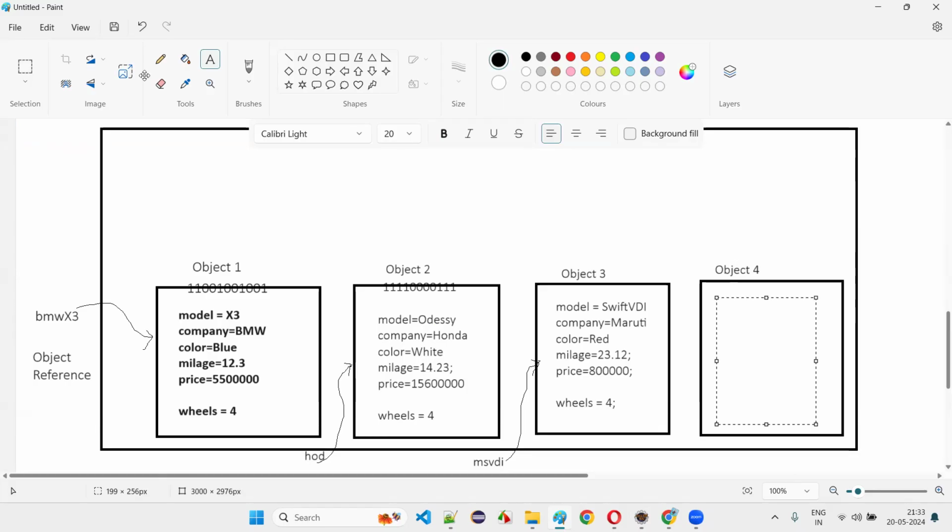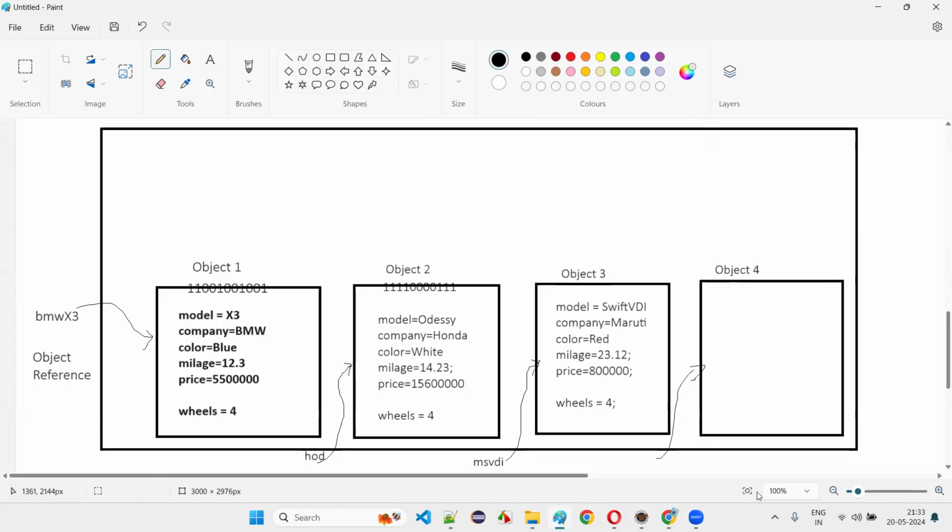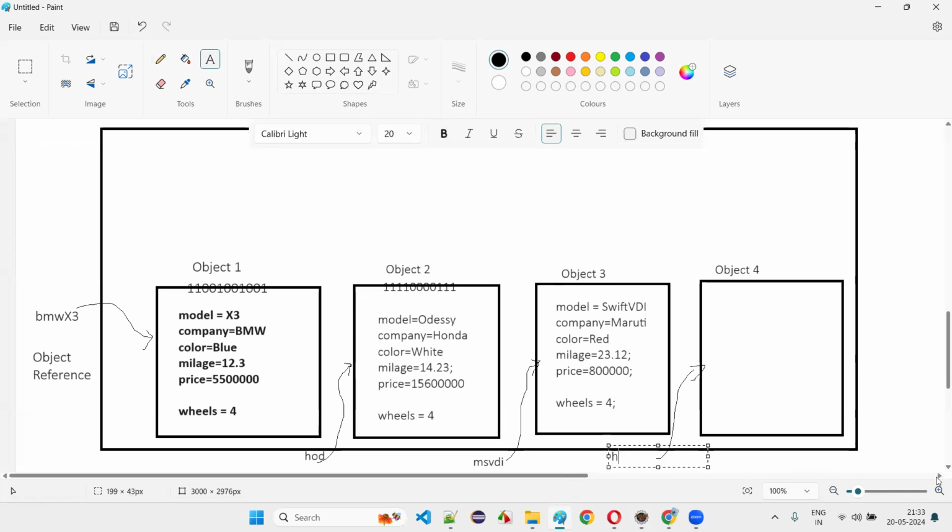Now here I gave an object reference. HY I20 is the object reference, and here I'll give model is equal to I20. I20 is a model. Company is equal to what will be stored in the company variable for this object reference object. Company is equal to Hyundai. Then color is equal to, let's say, gray color. Mileage is equal to,